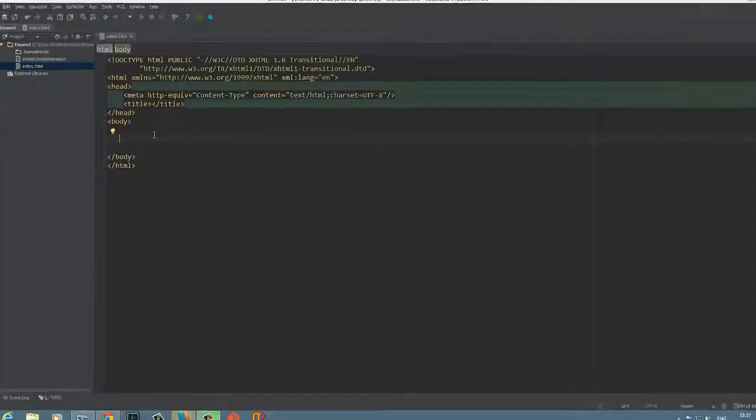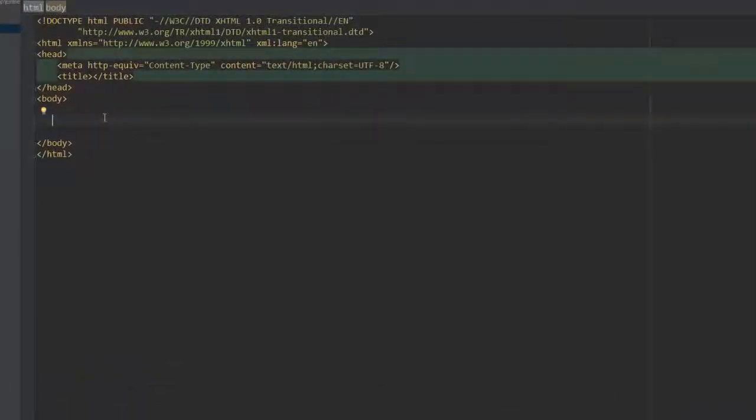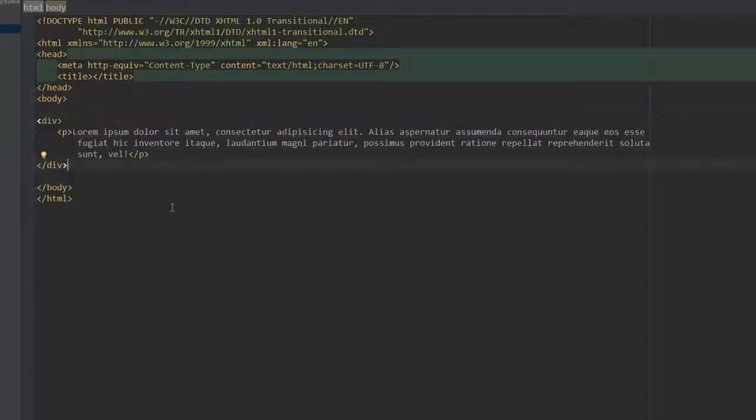Another great thing it has, like you have heard about lorem ipsum text. We often use it for prototyping purposes. Say we have a div, and inside that a p tag, and inside that you need some dummy content. So simply type div p lorem, and it will give you automatically generated lorem ipsum text